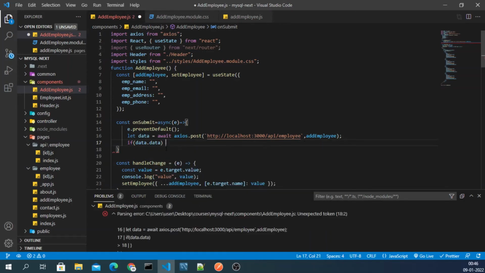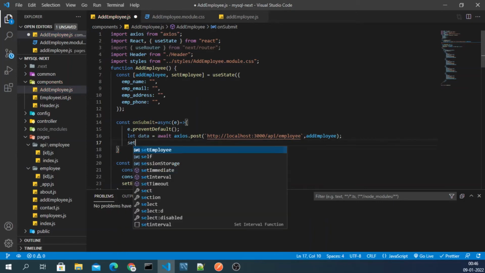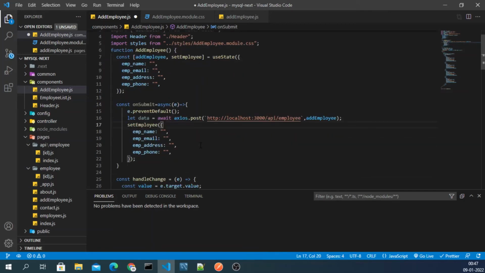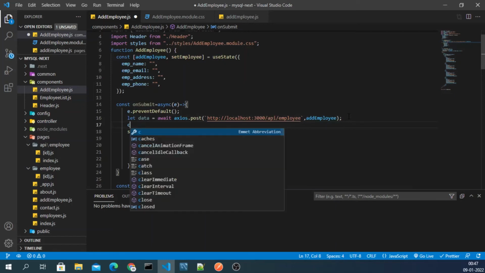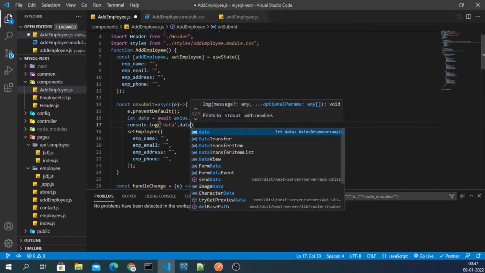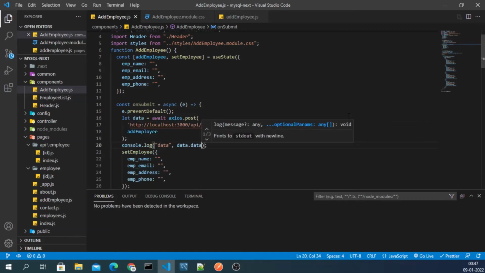What we have to do is set employees, because after submitting the form, all fields should be empty. That is why I'm setting all the fields empty here, right? And we can also see here console.log data, and then data.data, like this.